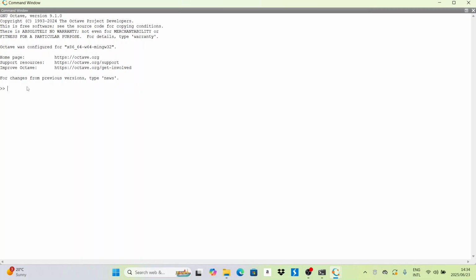We'll have this in the range of -7 less than or equal to x less than or equal to 7, and -11 less than or equal to y less than or equal to 11. So we're having those ranges. Let's clear the screen. We press clc to clear everything in the screen.